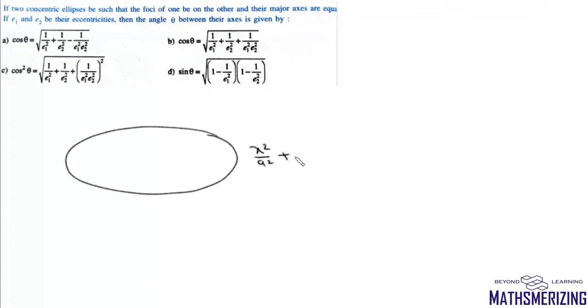Now the question is, if two concentric ellipses be such that focus of one be on the other and their major axes are equal. So say for example, we have this ellipse which is x square upon a square plus y square upon b square equals to 1. And for this ellipse, say eccentricity is E1, and then we have another ellipse